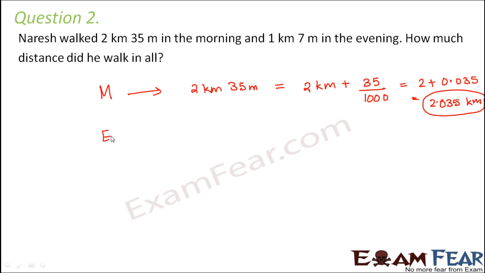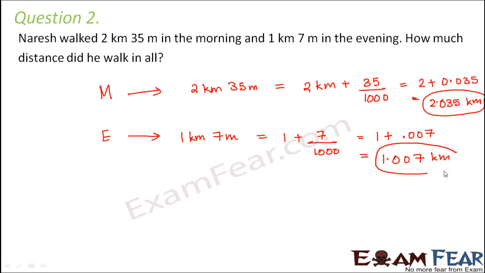And what about evening? So during evening he covers 1 kilometer 7 meters. So that is equal to 1 plus 7 by 1000. So that is equal to 1 plus 0.007, which is equal to 1.007 kilometers. So now we have both the distances in kilometers. So now what would be the total distance covered? That is nothing but morning plus evening. So let's add these two. 2.035,